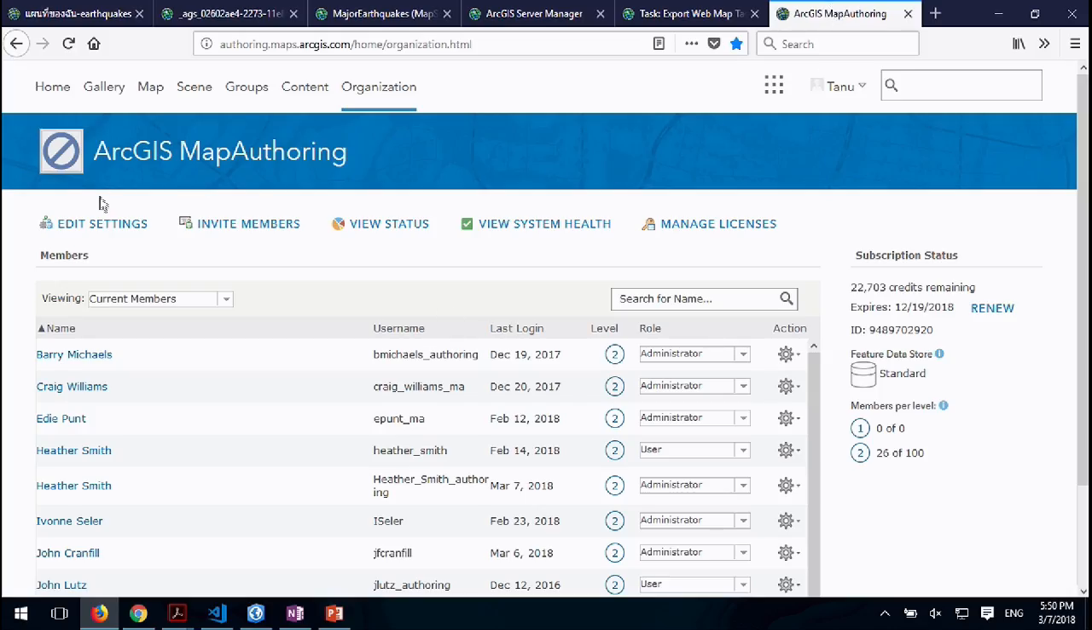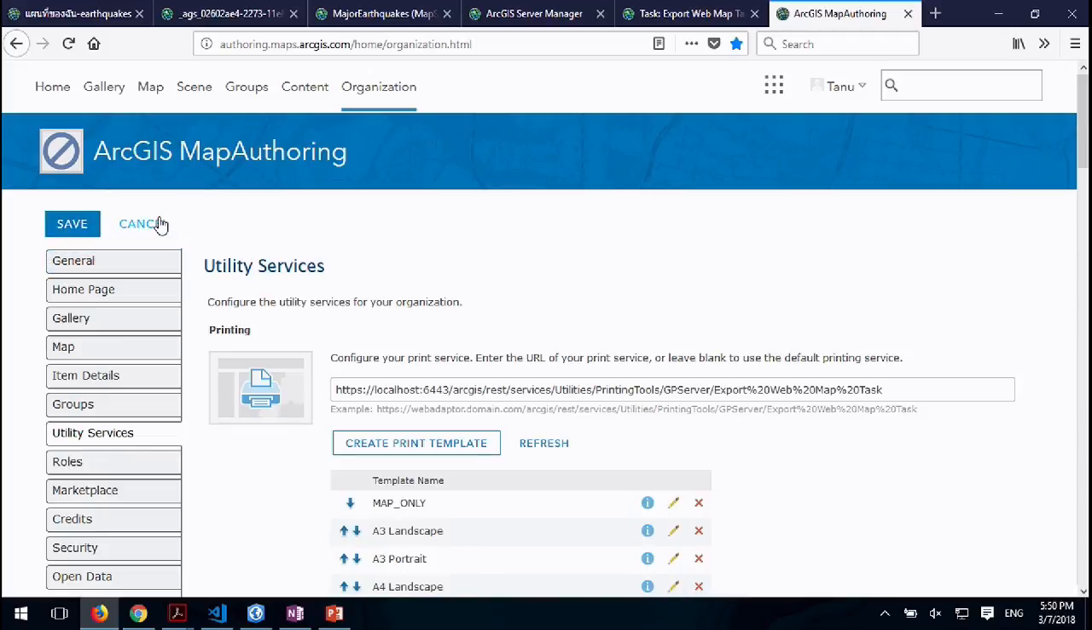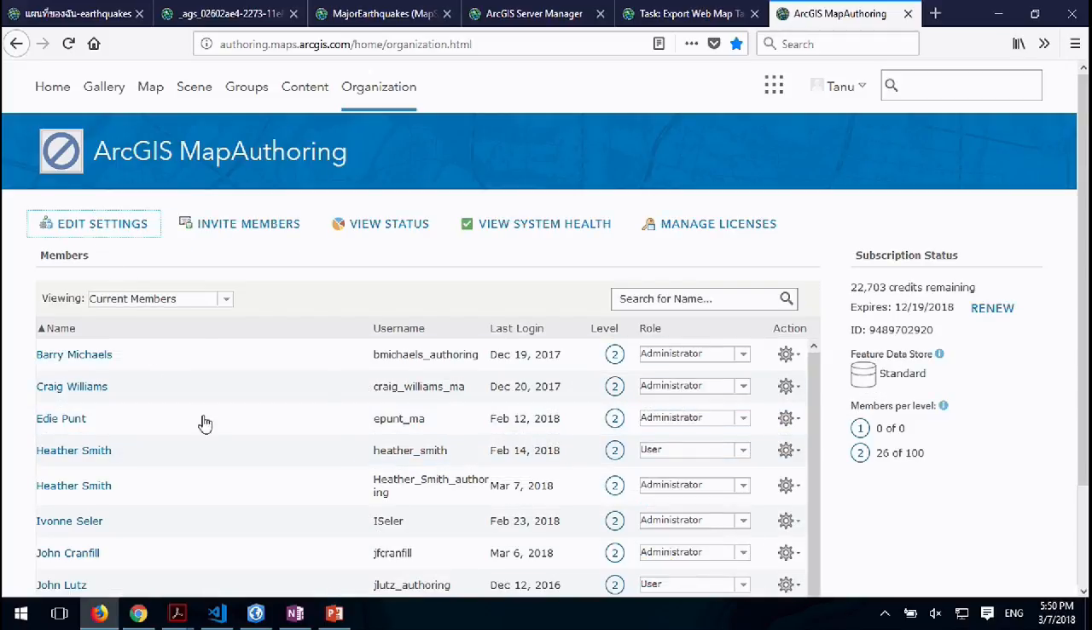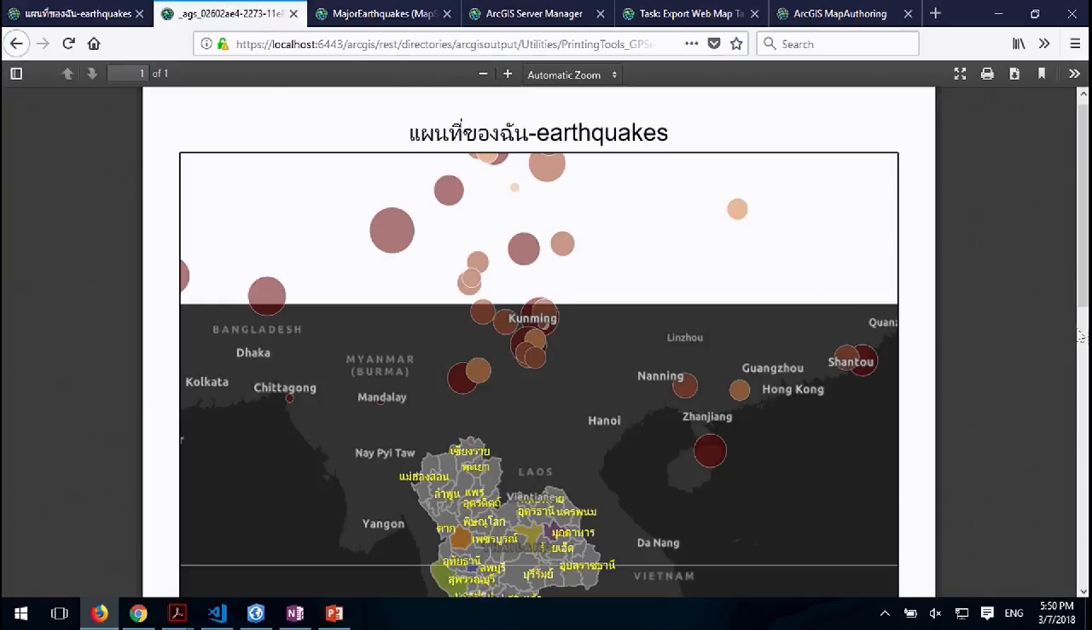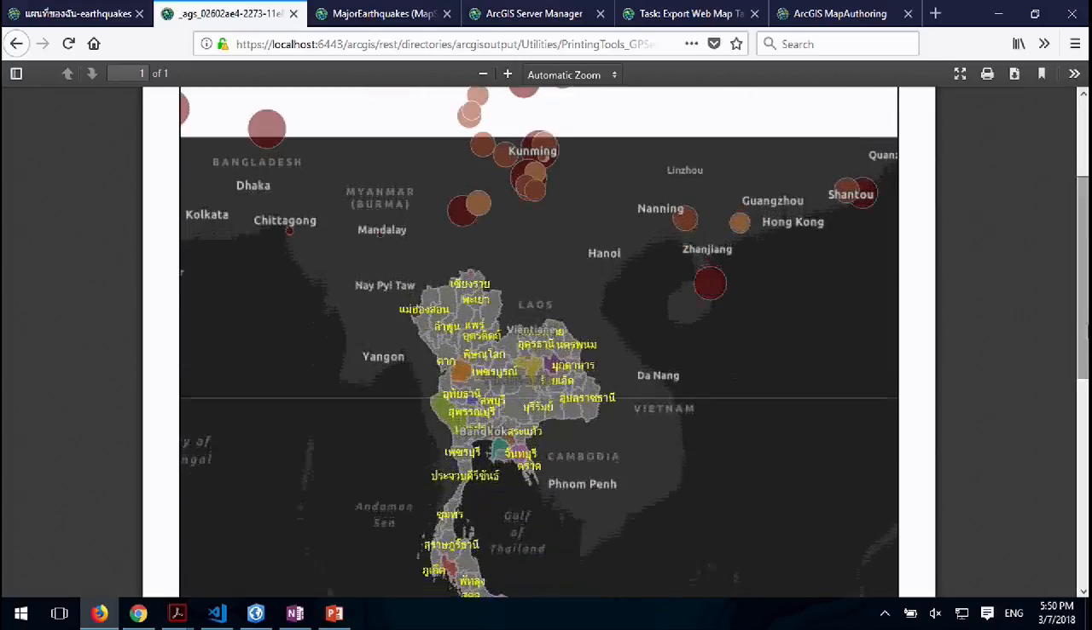But this guy here, the edit settings, oops, my bad. There, that's what I put. That's, hey, use this print service. Do not use the ArcGIS Online default print service. Okay, so take a look at this one. All right,